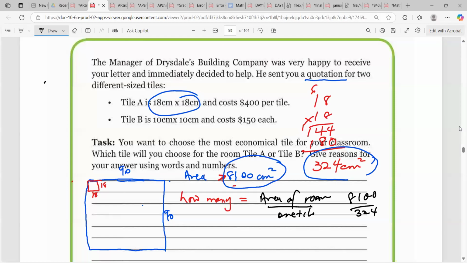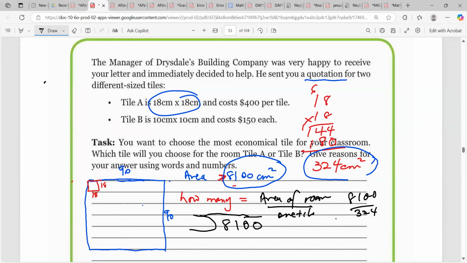So let me set up a long division. All right, let us show the working. Because I tell you guys to show working, so we should show working too. So we have